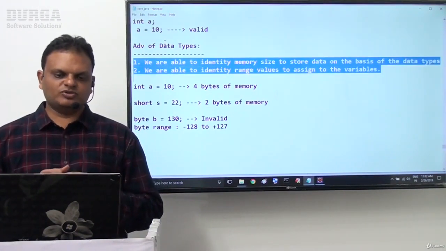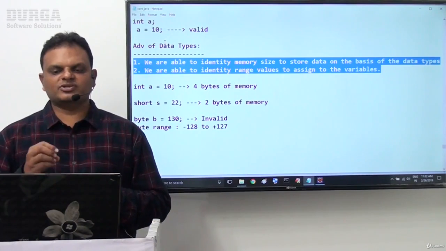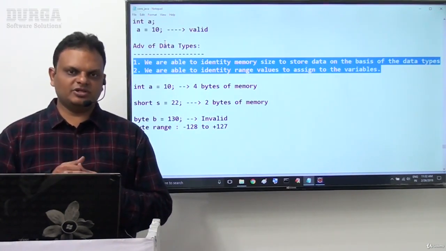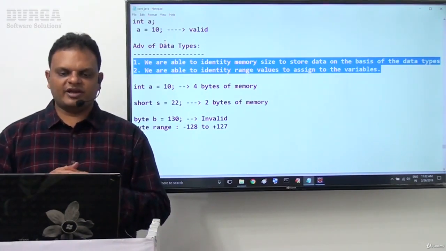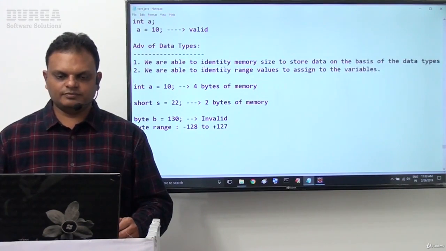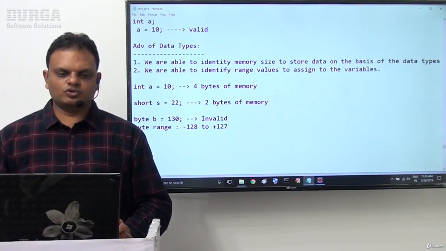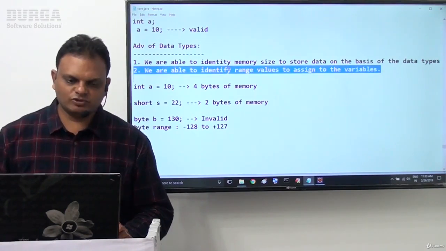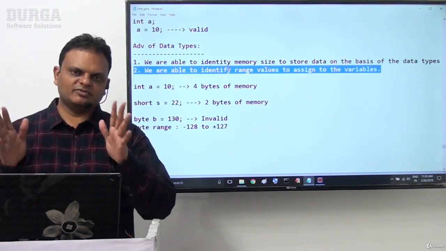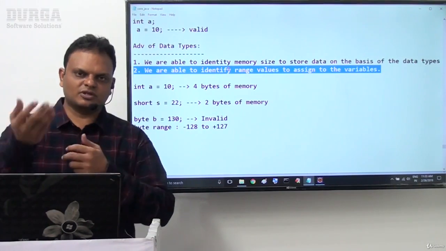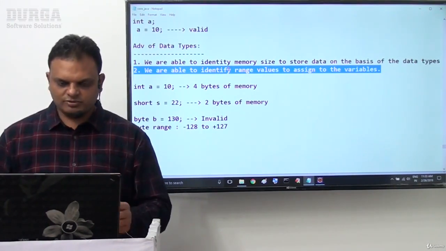The first one is that we are able to identify the memory size to store data on the basis of the data types, and we are able to identify range values to assign to the variables. What exact range values we are going to assign to the variables, that also we are able to identify on the basis of the data types.